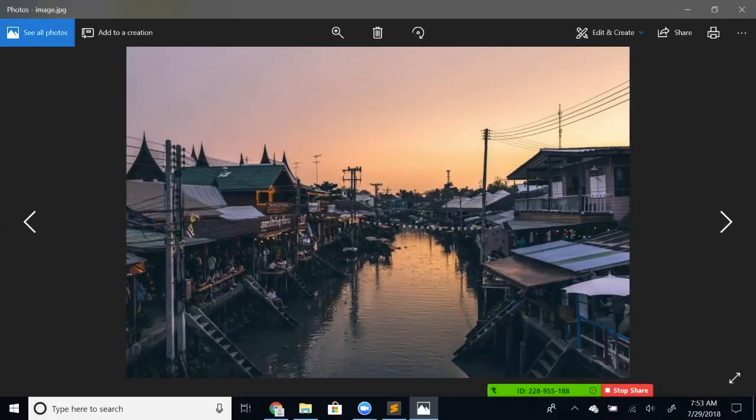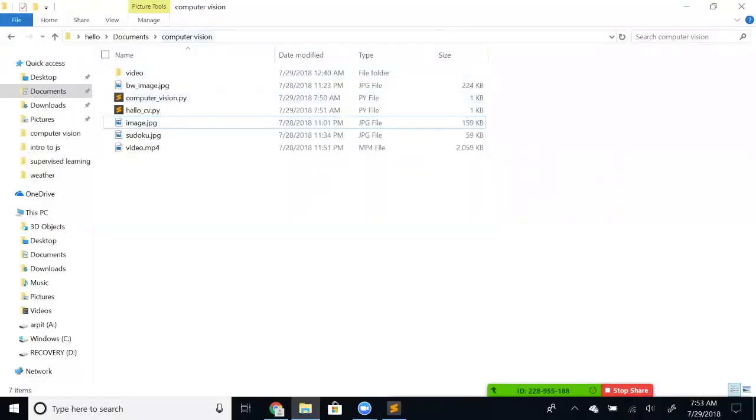I would prefer that you rename it to image.jpg or image.png or whatever extension it is. Make sure that you rename it to a simple file name, otherwise you're going to make some silly mistakes when we write the program.